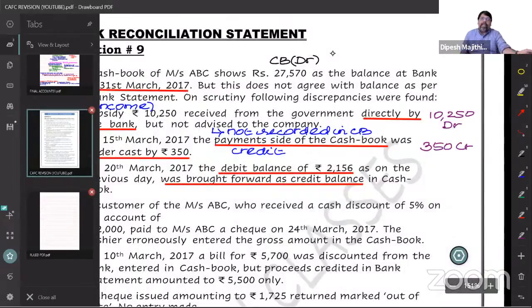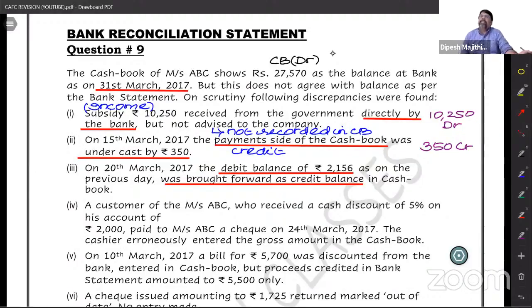On 20th of March 2017, a debit balance of 2156, the debit balance on the previous day, was brought forward as a credit balance. That means you were supposed to write 2156 on the debit side. Did you write? No. So write. Plus you wrote wrongly 2156 on the credit side. That is incorrect. So again write 2156 on the debit side. So on the debit side you are supposed to write 2156 two times. That means you are supposed to write on debit double the amount, 2156